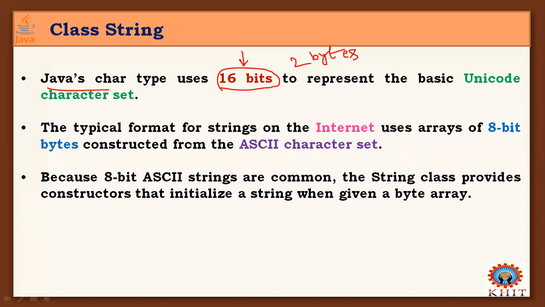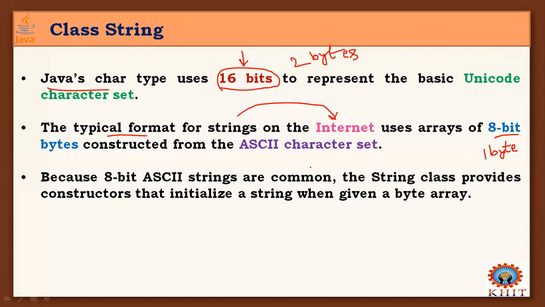But we studied in the basic introduction part of Java that Java was mainly designed for applications on the internet. So this point is related to that. The typical format for strings on the internet uses arrays of 8-bit bytes. 8-bit bytes means 1 byte, that is 1 byte equal to 8 bits. So generally the internet uses 8-bit sequences of characters, 8-bit size characters,